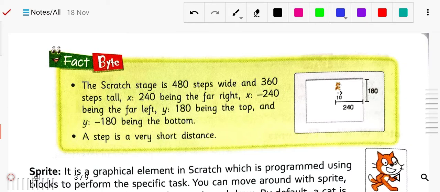Now we will begin here, page number 74. The Scratch stage is 480 steps wide and 360 tall.